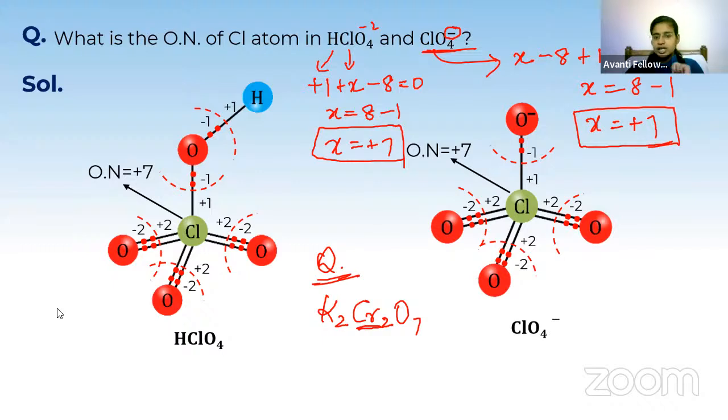So there are 2 potassium, so it is +2, right? Bindu, at last you have arrived at the correct answer. Very good. For each potassium, you have to give 1, 1. So it is +2. And since we have 2 chromium,